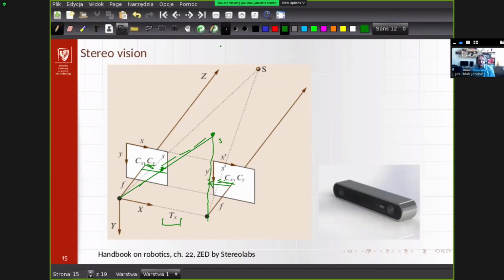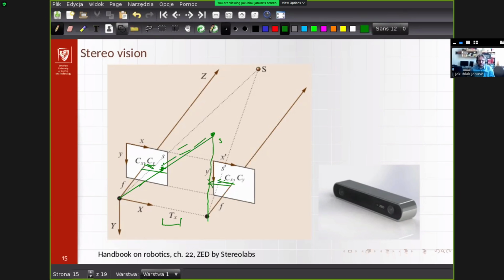If you cannot recognize anything characteristic, you have nothing to compare on the left and right image. If you have only a white image on left, white image on right, you will not have a distance measurement at all. What else can disturb? If you have some uniform pattern on the view, let's say we look at this checkerboard that we are talking about, then again, it's quite difficult